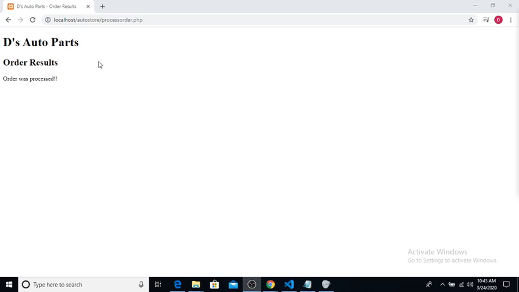So we want to add a little bit more functionality to our process order.php file. We can add a date and time that the order was processed at, and we can also display how many items were ordered by our user. In order to do that, let us go back to our editor and